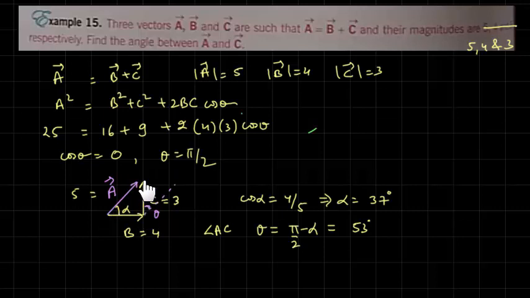So this is a and this is c, so you can translate a like this. So this is the angle he is asking, the angle between the a and c, which is same as this angle alpha. And in a right triangle we can here say that cos alpha is equal to base upon hypotenuse. So in this case base is b, which is given as 4, hypotenuse is a, which is given as 5, so it is 4 by 5. So alpha is 37 degree,